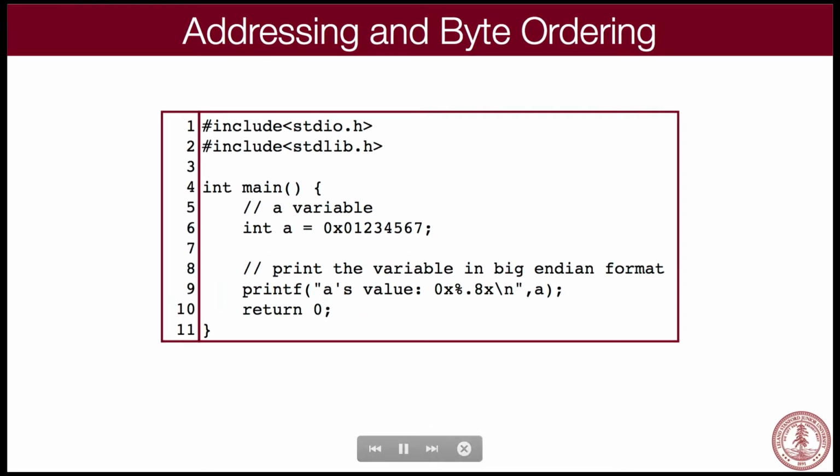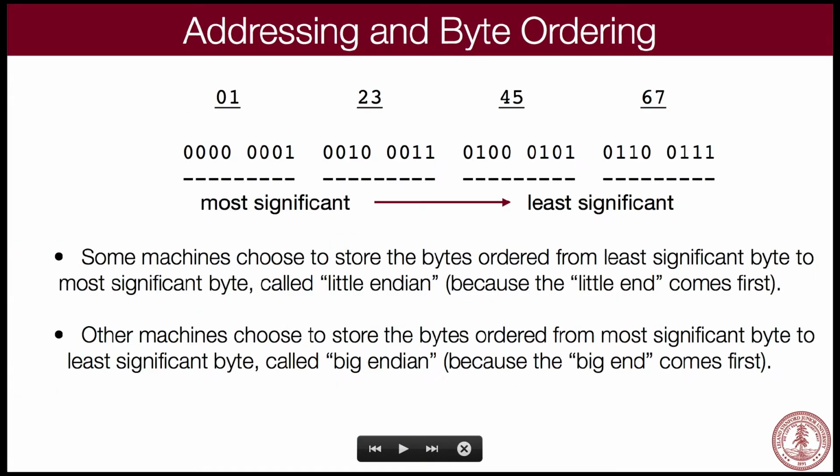Yeah, that's a good question. So let me go back here. If you look at a number, here's the number, 0, 1, 2, 3, 4, 5, 6, 7. The least significant part of the number is the end part. Why? Because if I type 456, the 6 doesn't mean as much as the 4. So that's what it means up here. It means that in 0, 1, 2, 3, 4, 5, 6, 7, if that's our number, the 6, 7 doesn't mean as much as 0, 1. Okay.